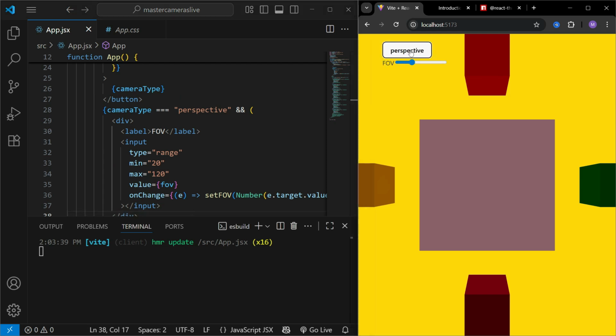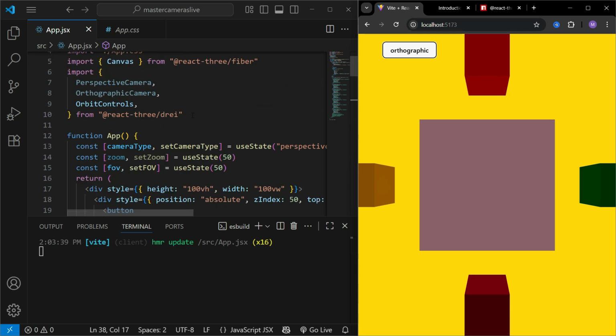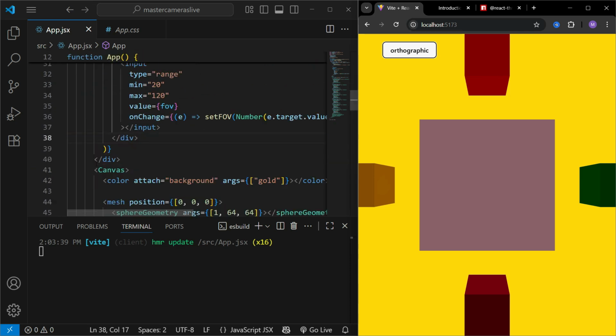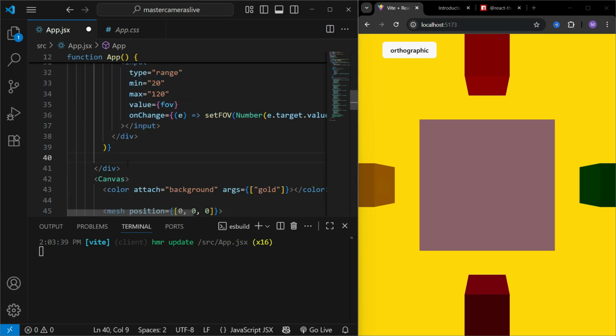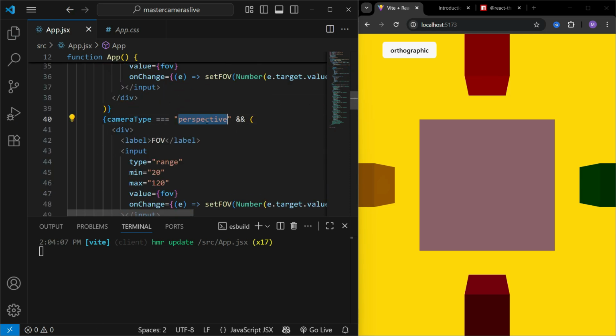So if I change it to perspective, this control is going to be visible, but if the camera type is orthographic, this is going to be hidden, because in that case we are going to be using another property which is zoom. So I'm just going to make a copy of this control and place it one more time, but this time I'm going to say if the camera is orthographic, in that case the label is going to be zoom,